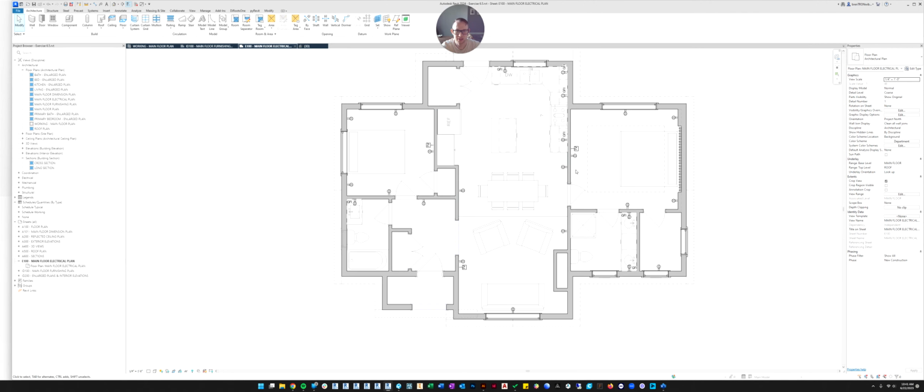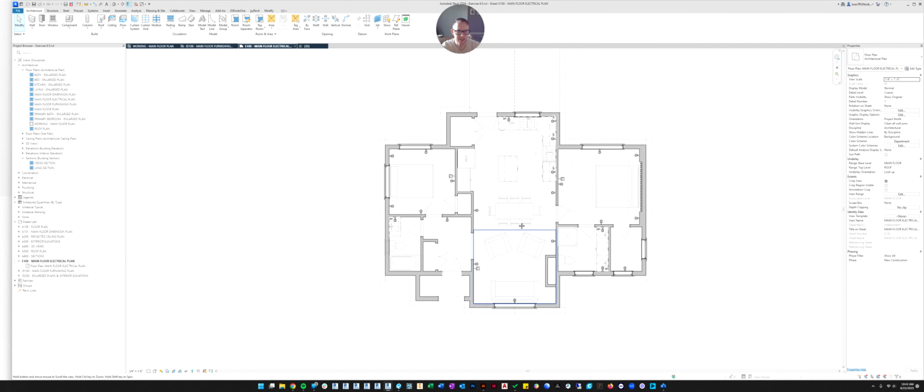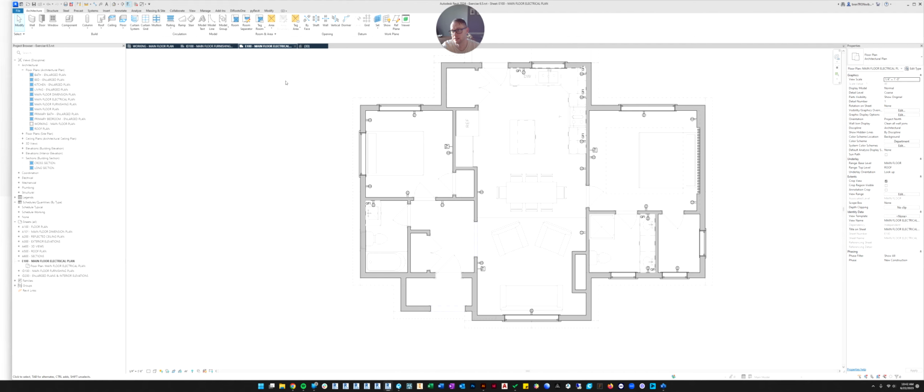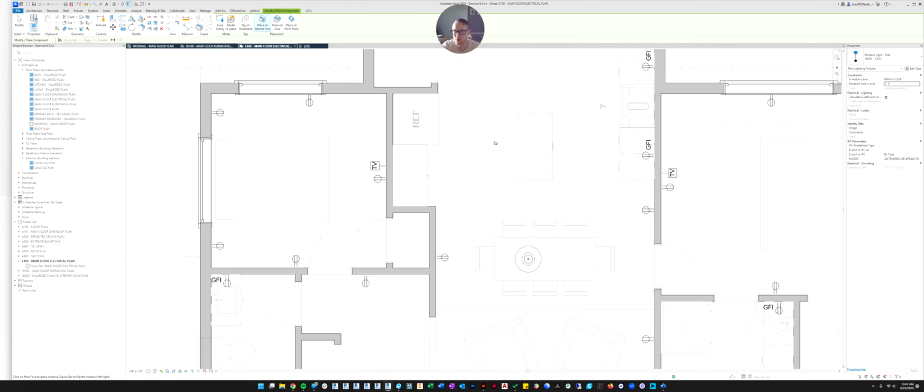Okay. Now, if you've done all your power, the next thing you might do is your lighting. So again, we'll go to components and we'll just look up, let's do pendant. And I'm just going to do, oh, these are ugly pendants, but we'll do them nonetheless. It's what we have. It's the option that we have.